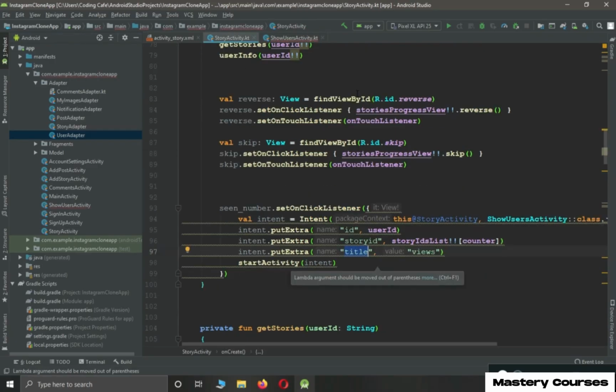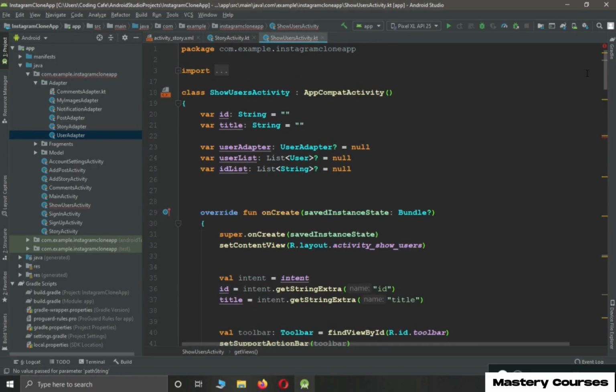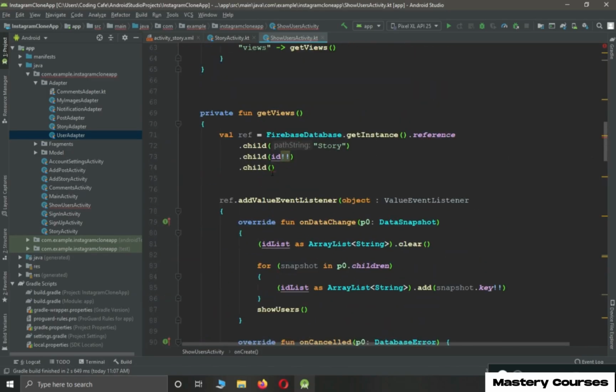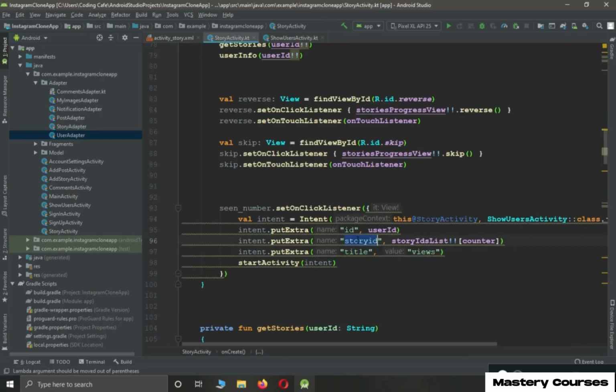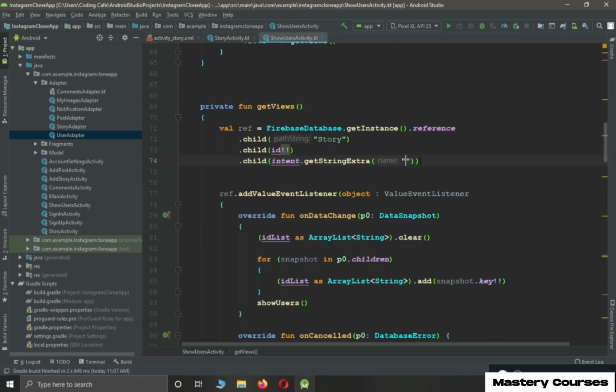Story ID. In order to get that, all you're going to need is just copy this intent, paste that here. And we have the title, we have given, sending it by the name story ID. So story.child ID, which represents the user ID. Under that, we have the story ID, that specific story which has the views, okay? .child views,